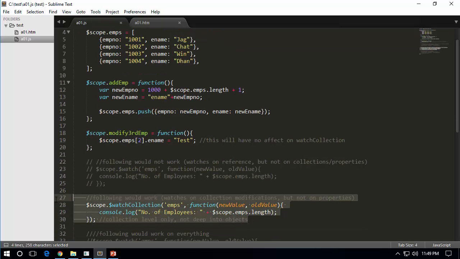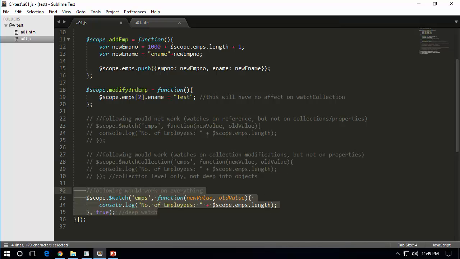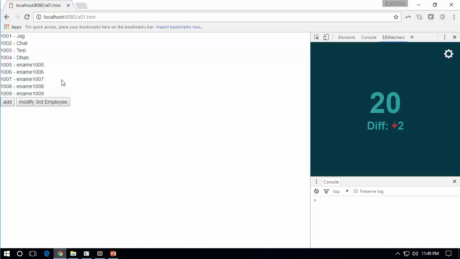Okay, now the last one. This is our deep watch or the equality watch. So it is not collection watch anymore. So it is true at the very last, which means everything which happens for EMPS need to be reported. And in this case, whether you modify or not, it just displays number of employees if any modification occurs. So this may not be appropriate in this example, but you can see that it actually goes through this statement for any modification of the employees collection. So just save this, and I just refresh this,